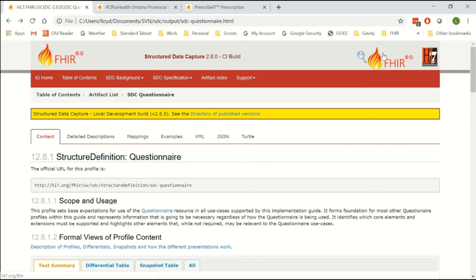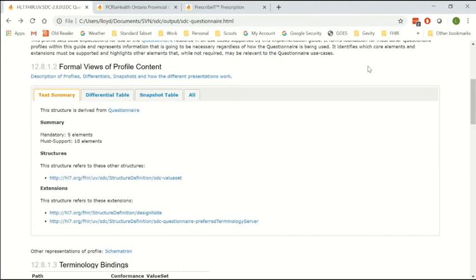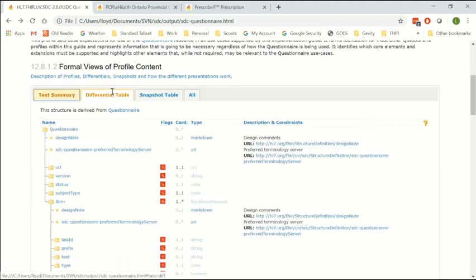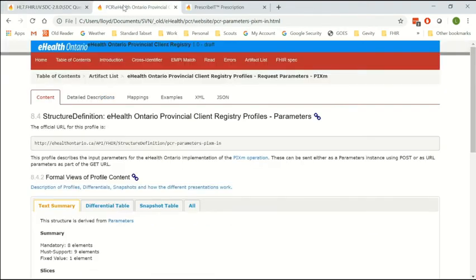That was a post-publication change. We got the HL7 logo, we've got the HL7 color scheme, and things look pretty similar to the way that they look in the main publication. This is an implementation guide that I created for some folks in Ontario, and